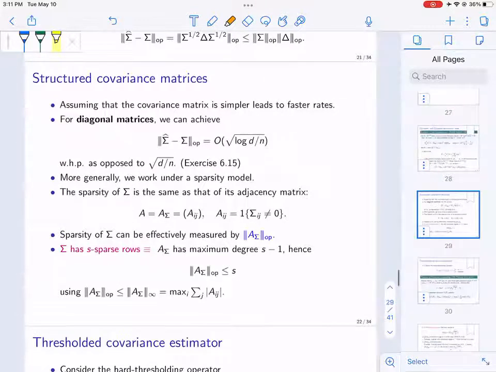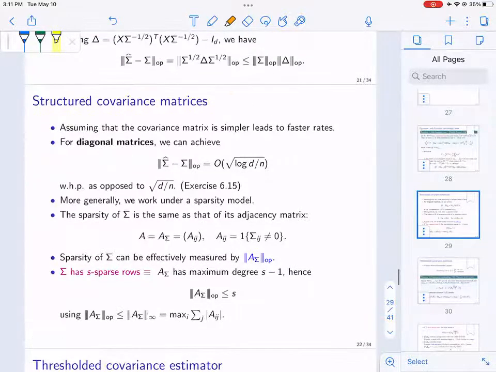Let's move on to structured covariance estimation. That's where we want to talk about improved rates by adding more assumptions. The simplest assumption that you can make is that the covariance matrix is diagonal. If you assume that the covariance matrix is diagonal, you only need to estimate the diagonal entries. This is an exercise you probably are going to be assigned. Then you can prove that you can improve the rate from root d over n to log d over n. This is not that surprising because